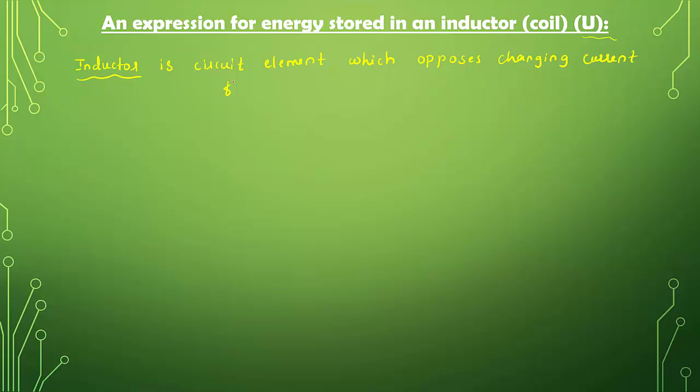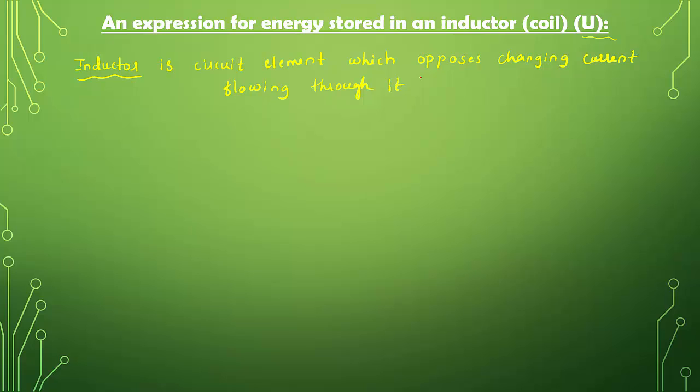What does it mean? We know that a resistor opposes electric current, but an inductor opposes changing current. For example, when we consider AC or alternating current, the current is continuously changing, so it is opposed by the inductor. What is an inductor? An inductor is a circuit element which opposes changing current flowing through it, because